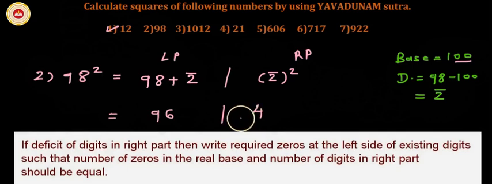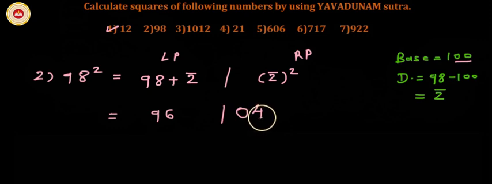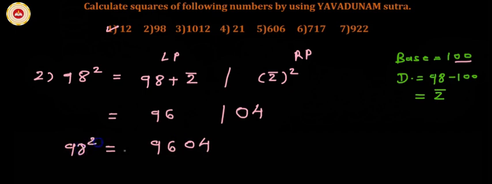So what should be done? Write 0 at the left of existing digit in the right part, which is 4. Now there are 2 digits. Now we have balanced it. We need to have 2 digits in the right part because there are 2 zeros in the nearest base. Let us remove slash and write answer. What is left part? 96. What is right part? Remove slash and write right part 04. 9604. So 98 squared is